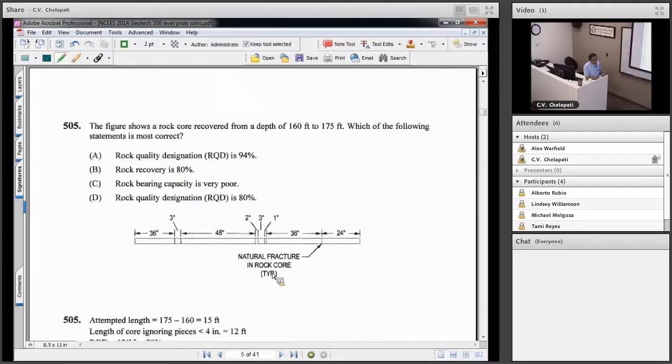So it's a 15-foot run. And they say, which of the following